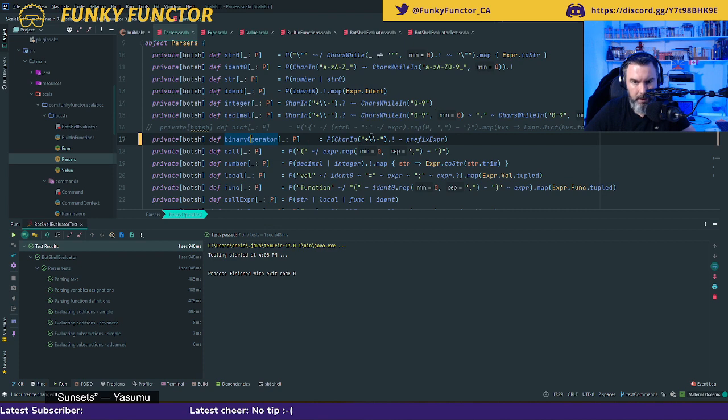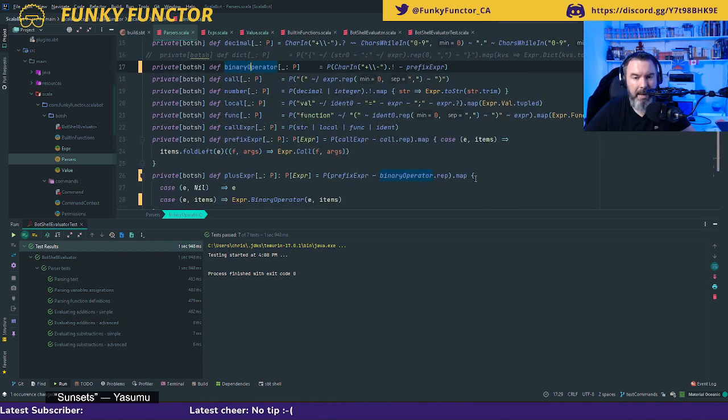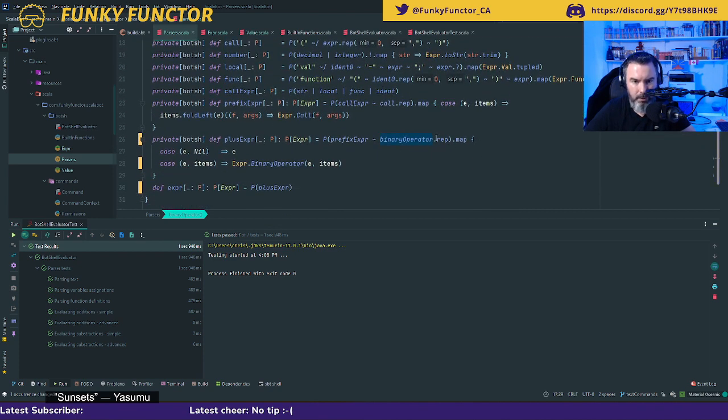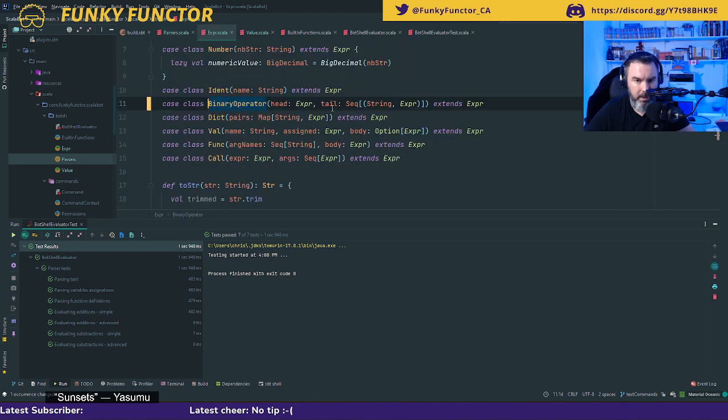Good. So I am capturing these two. When I use these operators here, I pass it as a binary operator. This binary operator has a head, which is the first element, followed by a string indicating the operator that I'm using, and the associated expression. Sweet. Yes.